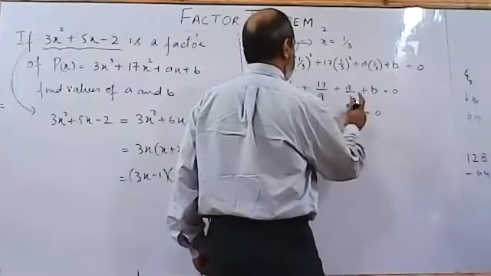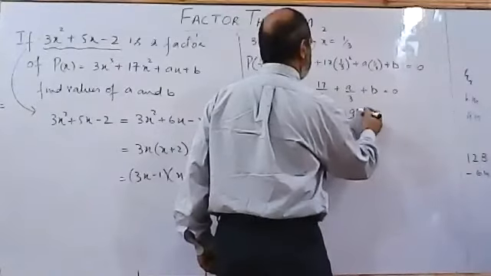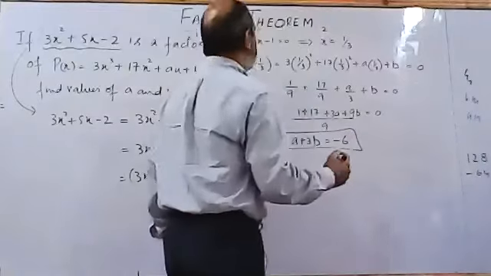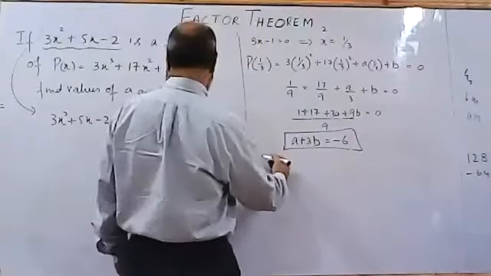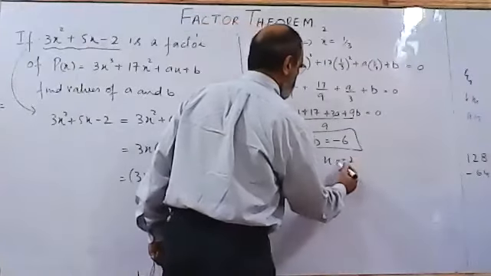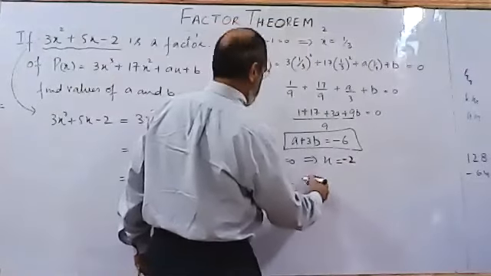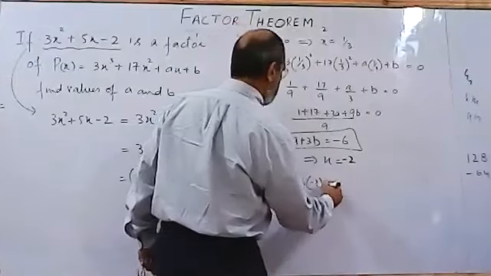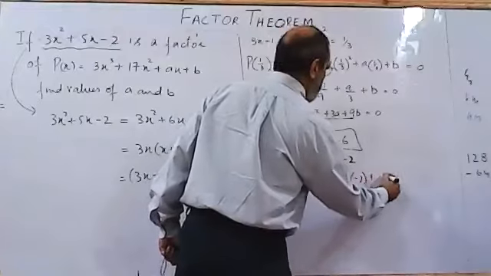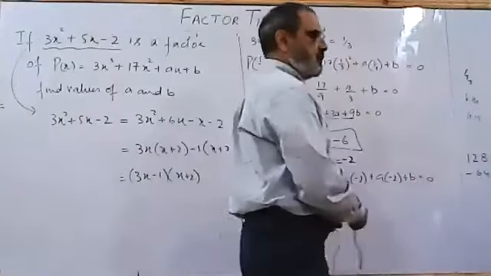Similarly, using x plus 2 is equal to 0, x is equal to minus 2, I get P(-2) is equal to 3 into minus 2 cubed plus 17 into minus 2 plus a into minus 2 plus b is equal to 0. So these equations come out to be